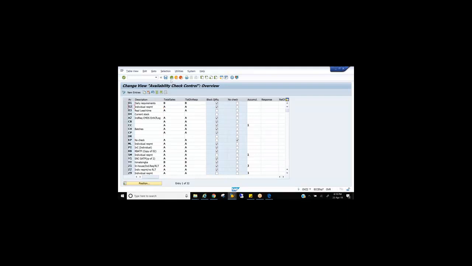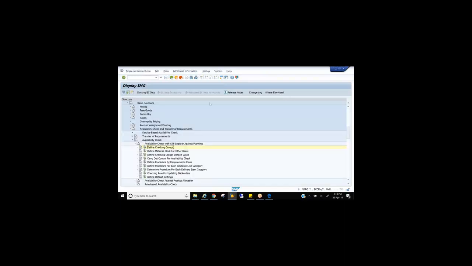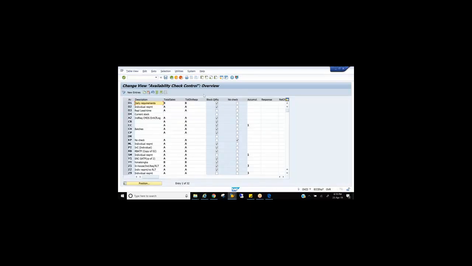Sir, excuse me, Shashank this side. Yeah, go ahead, Shashank. There was one field which was saying block quantity requirement, and it was checked. Where? This one, sir, yes. Okay, just a moment. Let us see what exactly it is.